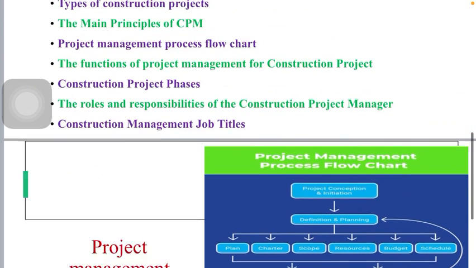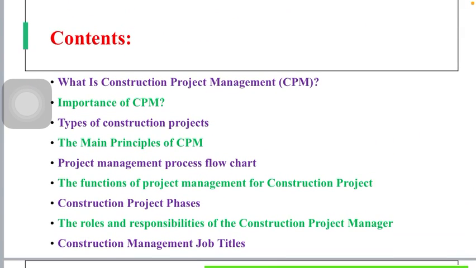Next comes the construction project phase. The stages of construction project are design, pre-construction, procurement, construction, owner occupancy. The roles and responsibilities of the construction project manager are project integration management to ensure that the various project elements are effectively coordinated, project scope management to ensure that all the work required is included, project time management